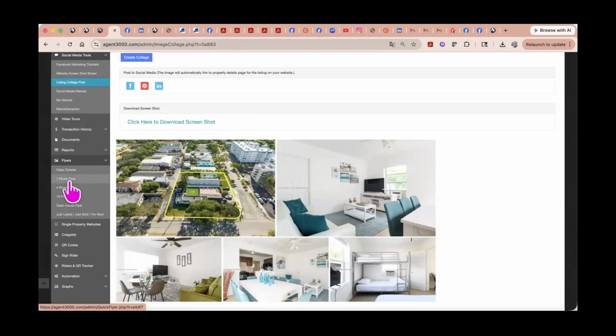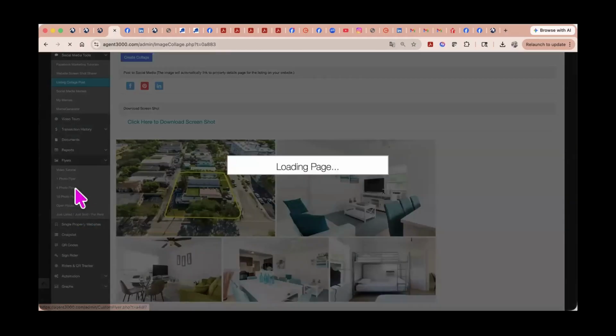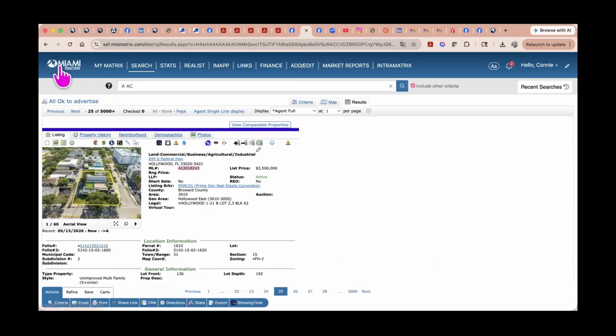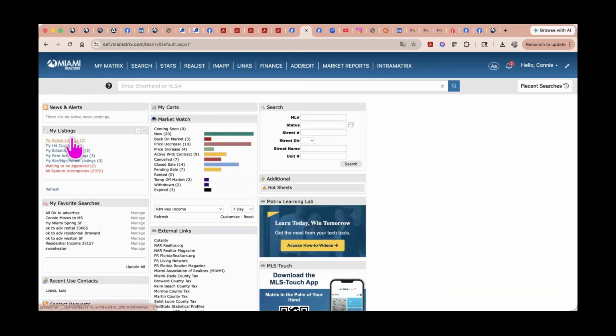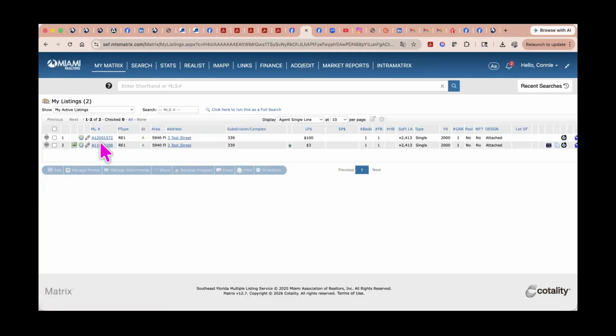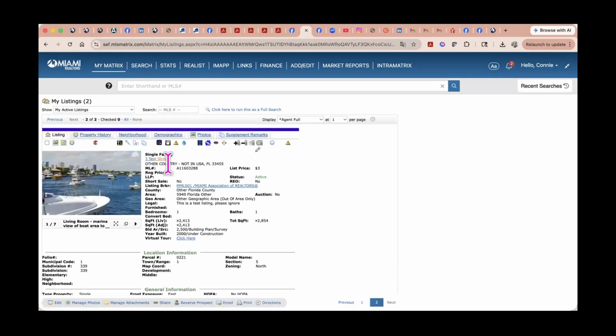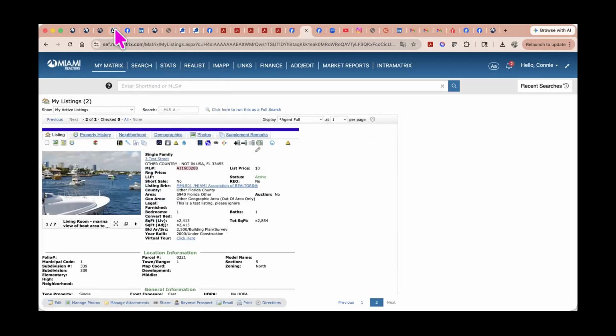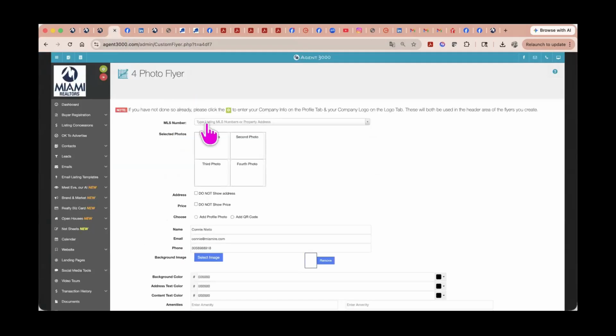You can select from 1 photo, 4 photo, 10 photo, open house flyer, just listed, just sold, and for rent. I'm going to start with our 4-photo flyer. I'm going to come in, find my listing in Matrix. Some of you memorize your MLS numbers. I always need to come in and look at it. I'm going to copy it, come back into Agent 3000, paste it in,